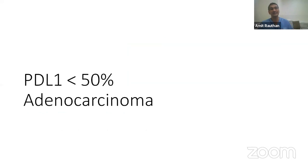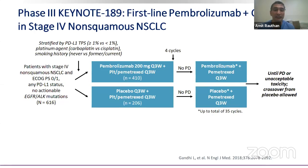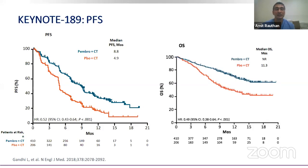Now, PDL1 less than 50%, adenocarcinoma. Here we have the KEYNOTE-189 data. Dr. Chirag again discussed this. You can use chemo or chemo plus pembrolizumab. In these patients, we had seen clear benefit in progression-free survival and clear benefit in overall